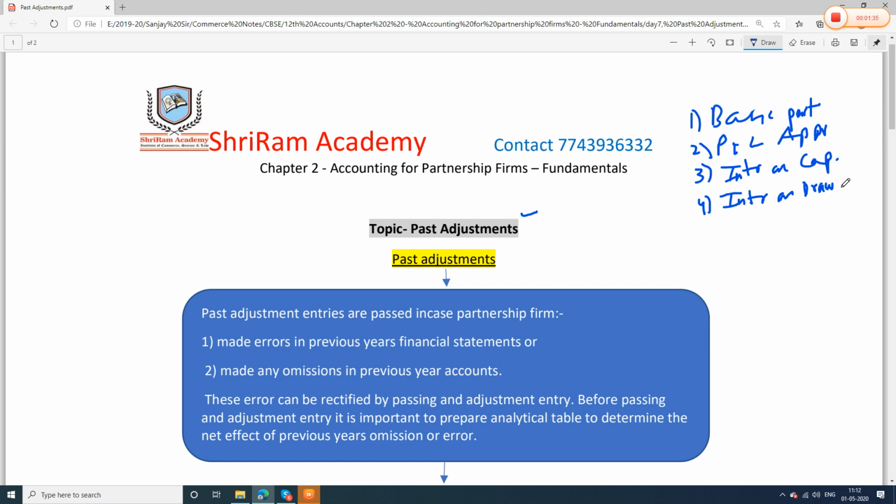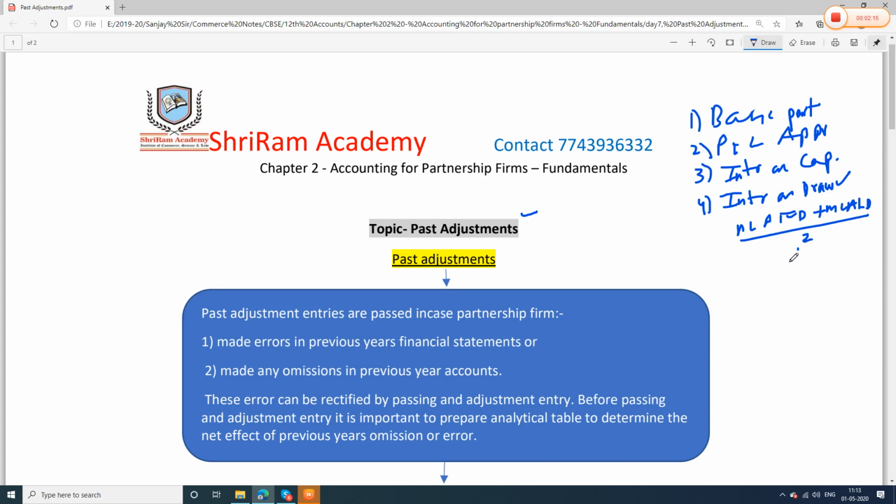We have seen the product method, where drawings are made on no particular fixed dates, and the days between the drawings are not fixed. So how will we calculate the interest? Then we have seen monthly, beginning of the month, mid of the month, end of the month, and how we will calculate the period in those cases. And I have told you how you calculate it: months left after first drawings plus months left after last drawings, divided by 2.